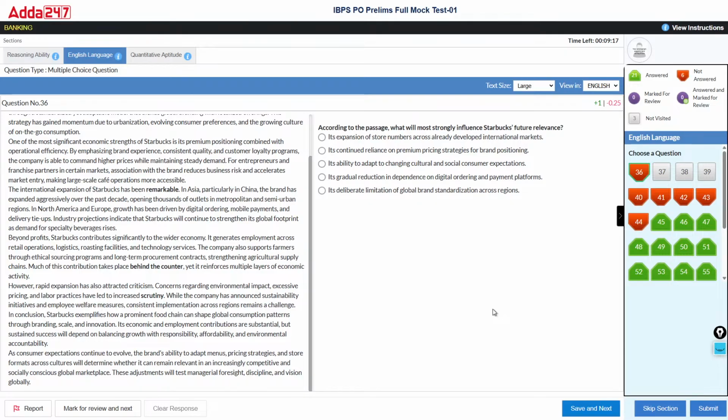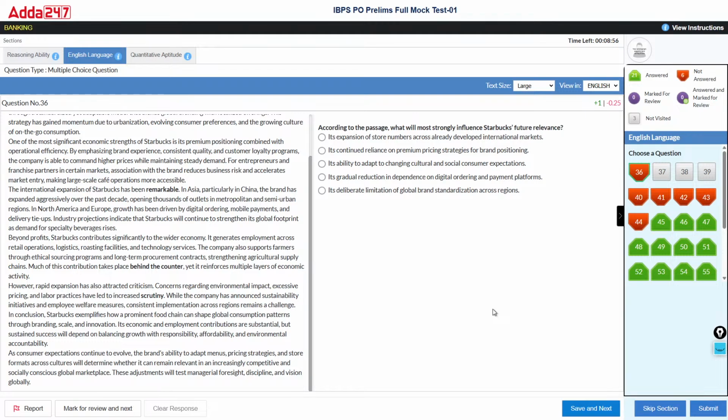Sustained success will depend. Okay, once again. Starbucks exemplifies how a prominent food chain can shape global consumption patterns through branding, scale, and innovation. Its economic and employment contributions are substantial, but sustained success will depend on backing growth with responsibility, affordability, and environmental